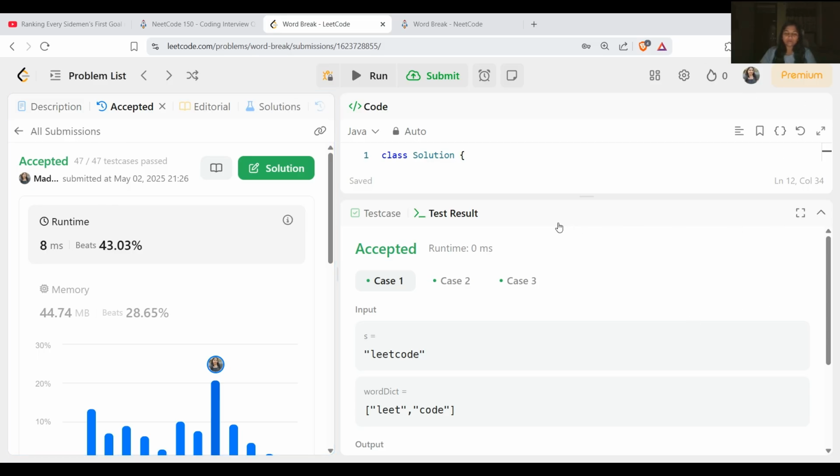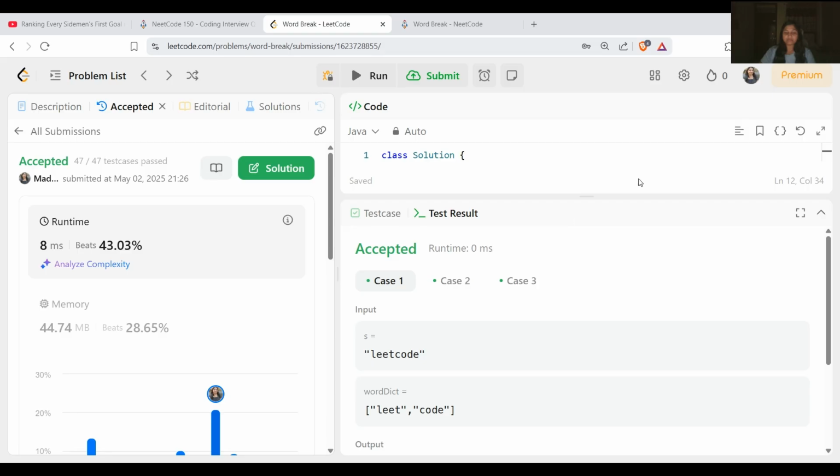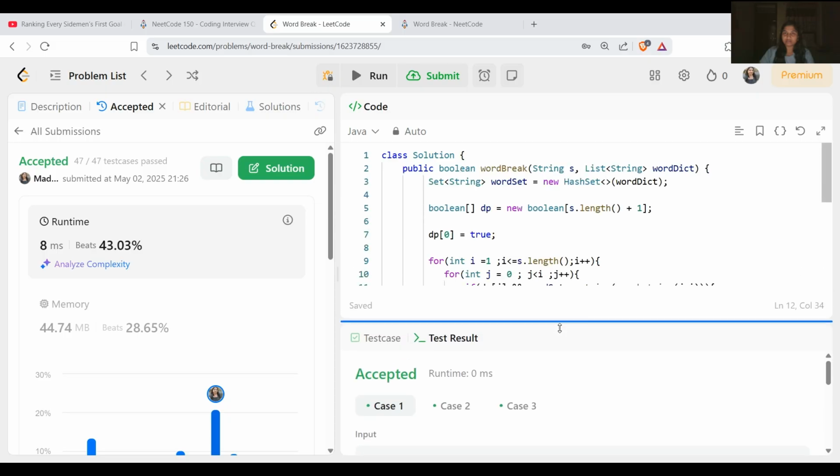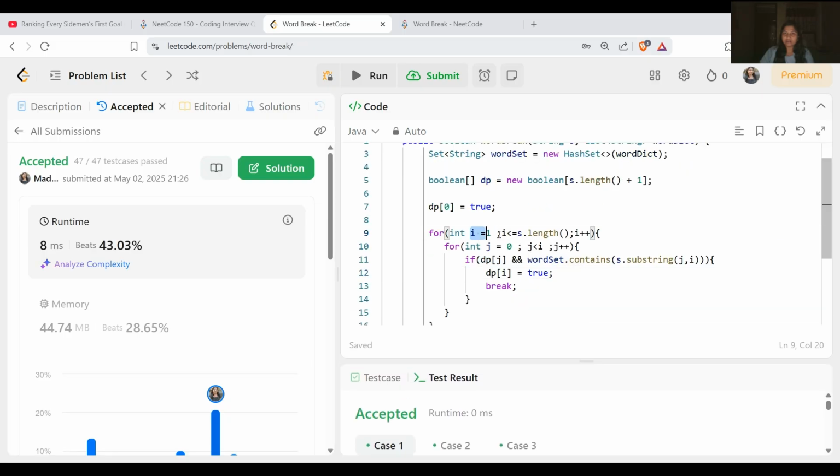Now, if we talk about the time complexity and space complexity here, the time complexity is O of n square, because for each i we check all the j. As you see, for each i we are checking all the j combinations from 0 to i, and the substring takes i minus j, so that's why it's O of n square.